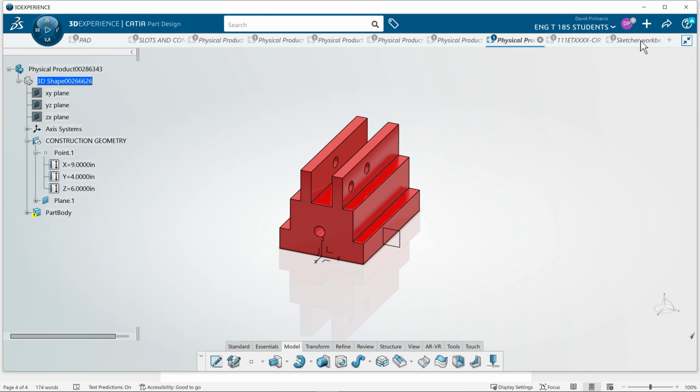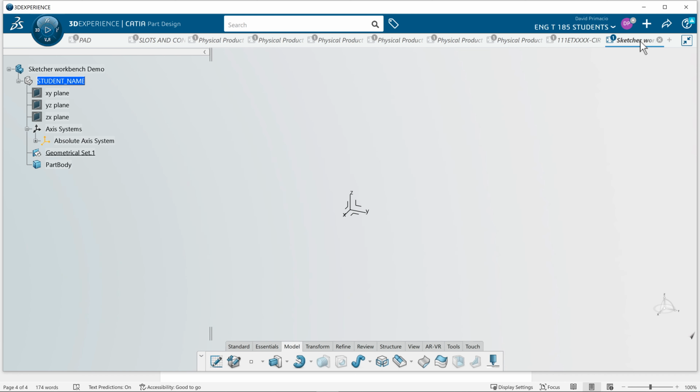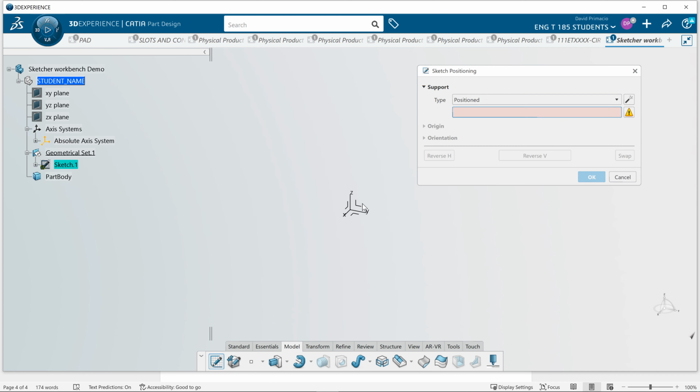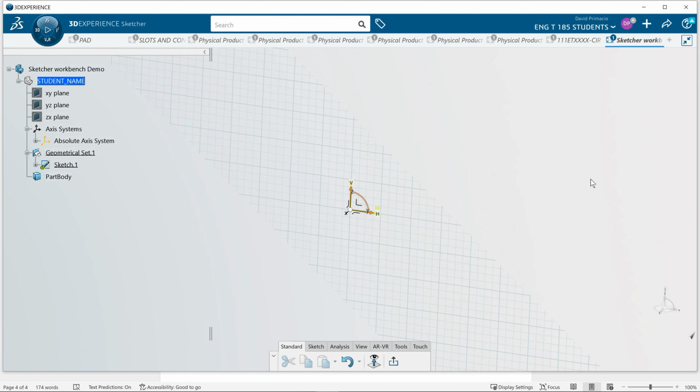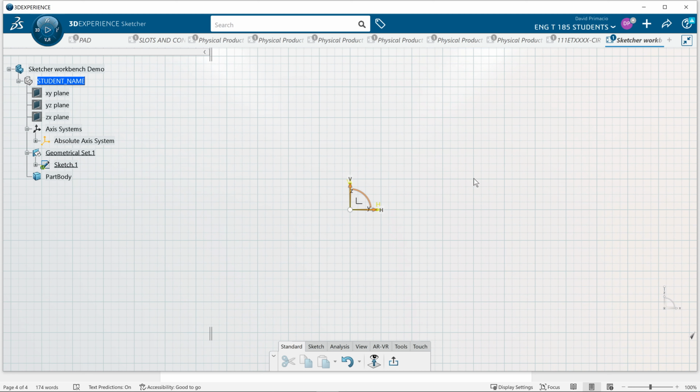And these are the tabs on the top that allow me to jump from model to model. So as you start working on this and building models, you can switch them simply by hitting the tabs, and you can also close them by hitting the X. So to access a sketch, you simply hit Sketch Position, click on a plane here, or you can click on a plane here. I'll click on the YZ plane in the tree and select OK,